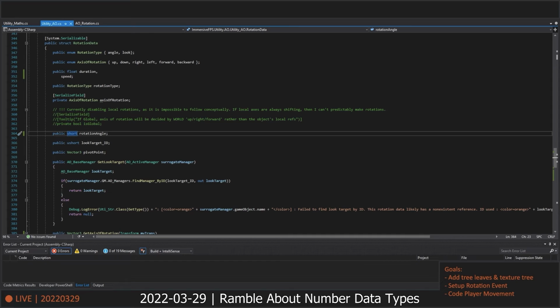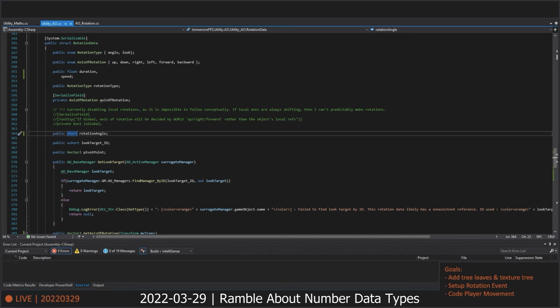Because it's down to bytes. Like the difference between an integer and a short is about, I want to say 16 bytes, which is very, very small. Very, very, very small. And obviously that doesn't just come down to hard drive storage. This literally isn't hard drive storage. It's RAM and GPU usage